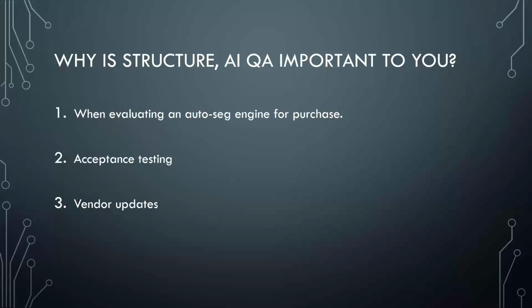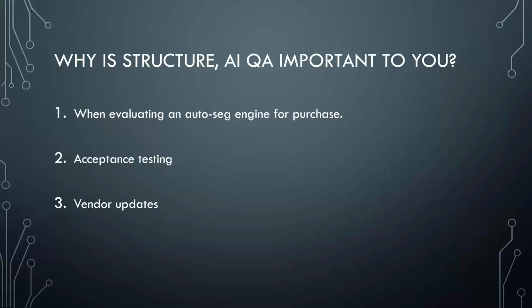And so what you want to do is what's called regression testing. You want to go through all of your tests again, like your acceptance tests, and see, yep, it did some improvements here. It used to be kind of off on this region over here, but now it's even better. Oh, and now it's doing this new region, like it said. Or sometimes, because I've been in software a long time, things break, and all of a sudden you go, wait a second, I love what you're doing over here, but it used to do the left and right parotid really well, and now for some reason it's not so great. What's going on with that?